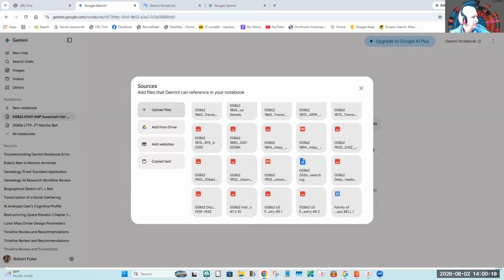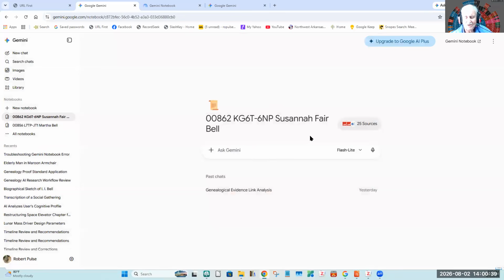And you choose your folder, which happens to be this one, and you select the documents from that, and they come in. Of course, you have to add the website because there's one website in this presentation. And I don't know whether I did that or not. I'm going to have to check and do that after this is over. Okay, so there it is, and there's Susanna, and she's built like that.